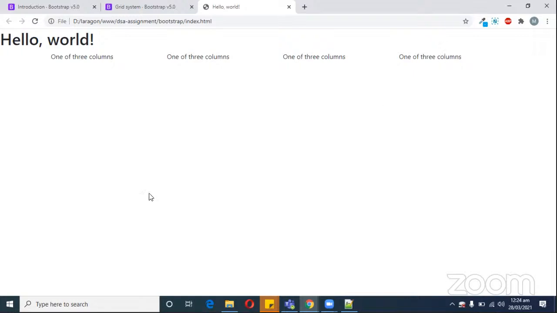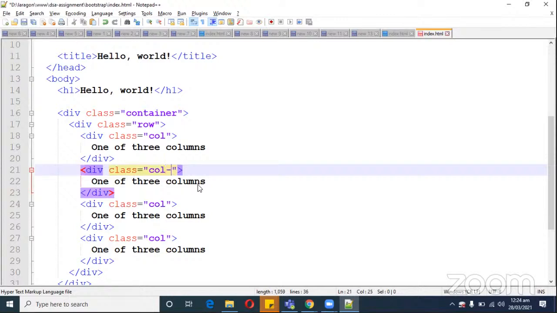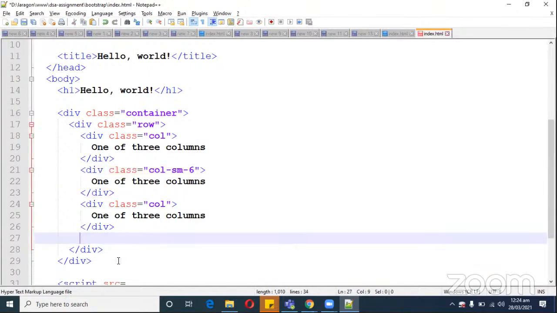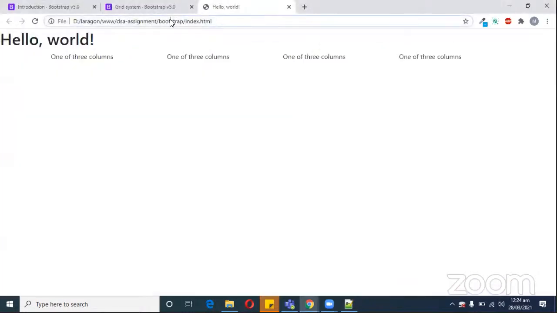Okay, so what if we need, for example, one large column and then two small columns? How can we do that? We can simply use col-sm-6, and I just remove it over here. Don't use sm over here, just col-6. So you can see,